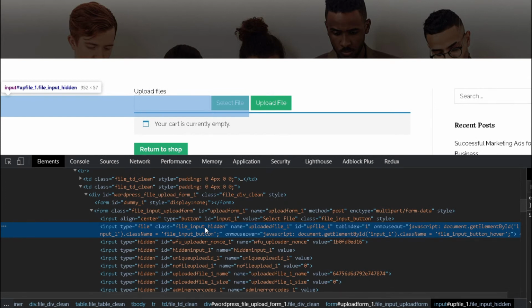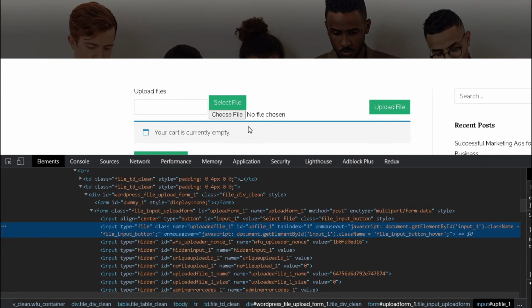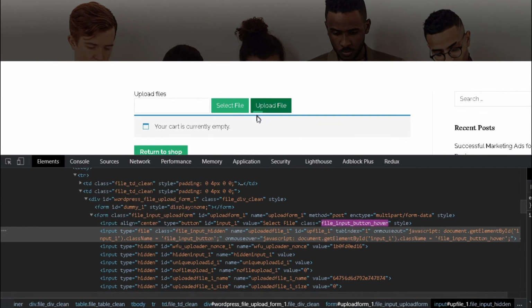For this particular website, you can notice that they have this class called file-input-hidden. Now if I get rid of this class right over here, all right, there you go. The moment I did that, I can see the choose file input field right over here. Now I can click on this choose file and upload the same file as we were doing in our previous example. So this is what we need to do: get rid of our class. Once again, this is specific to this website. The moment I get rid of the class, you can see there's nothing here, the class is empty, and I can actually see this choose file input field. Right now I manually went in and got rid of the class, but if I refresh, everything comes back and I can see the file-input-hidden back over here.